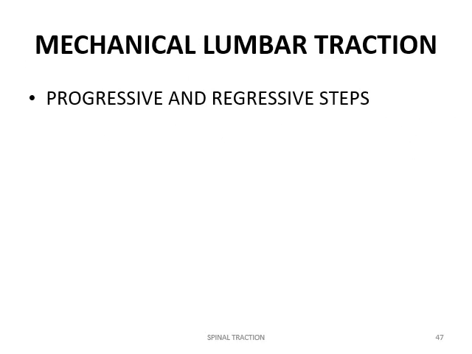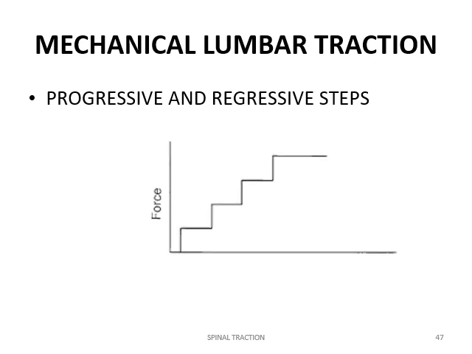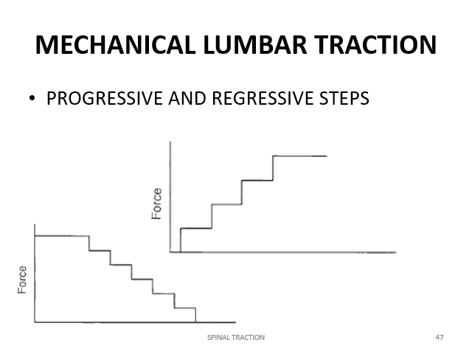Some traction equipment is built with progressive and regressive modes. The machine progressively increases the traction force in a pre-selected number of steps. A gradual increase in pressure lets the patient accommodate to the traction and helps him or her to stay relaxed. A gradual progression of force also allows the therapist to release the split table after the slack in the system has been taken up by several progressions. The regressive steps do just the opposite and allow the patient to come down gradually from the high loads.